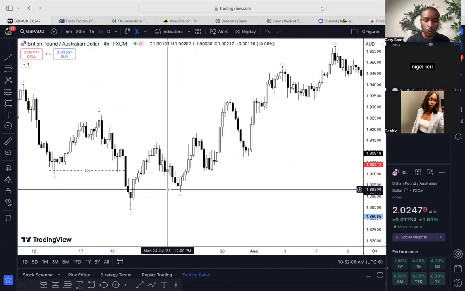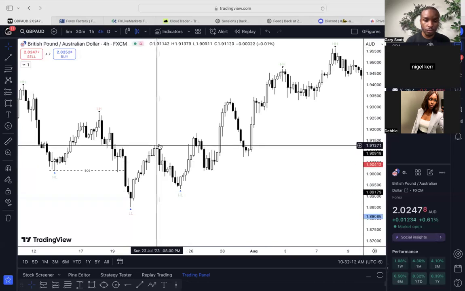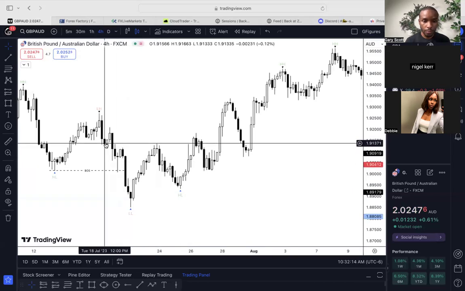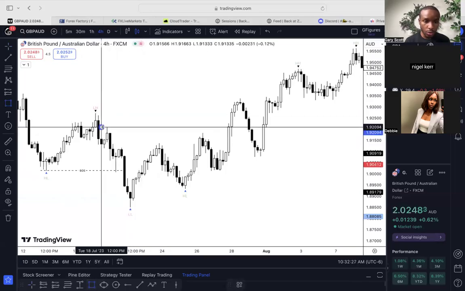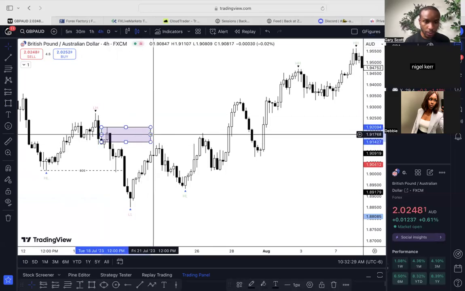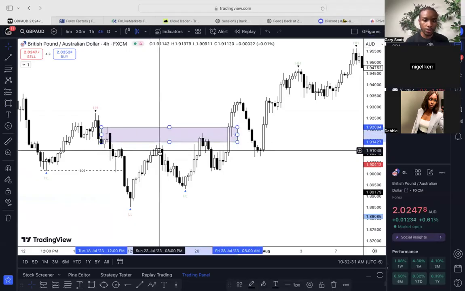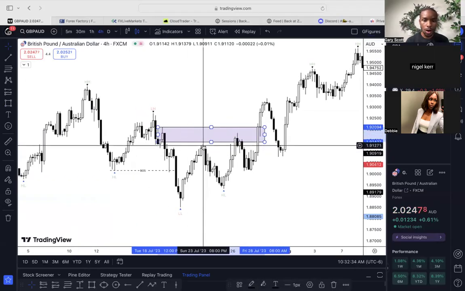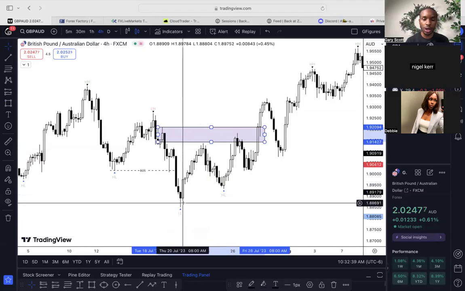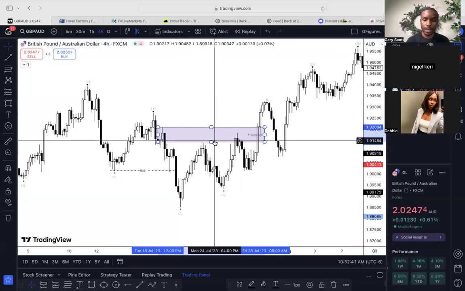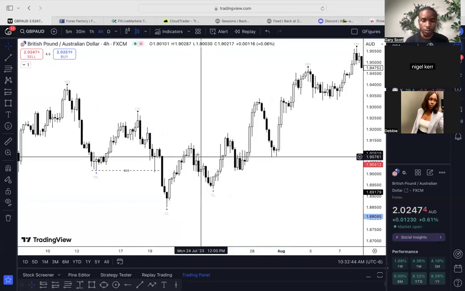Now, what do we want to see? We want to see price pull back. In this case, what did price come back to? It came right back to an order block level. It's the last up candle before price broke structure, one of the deepest areas of value before price broke structure. What ends up happening? Price falls down, but can't go back below this low. So because it could not go back below that low,